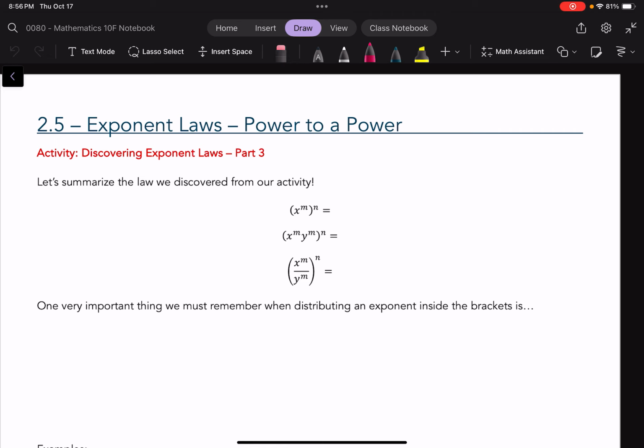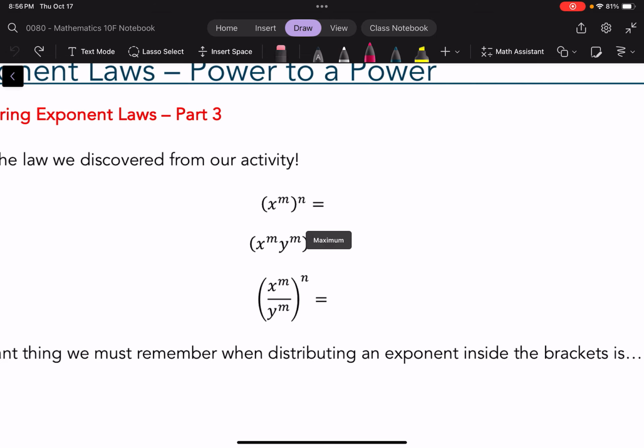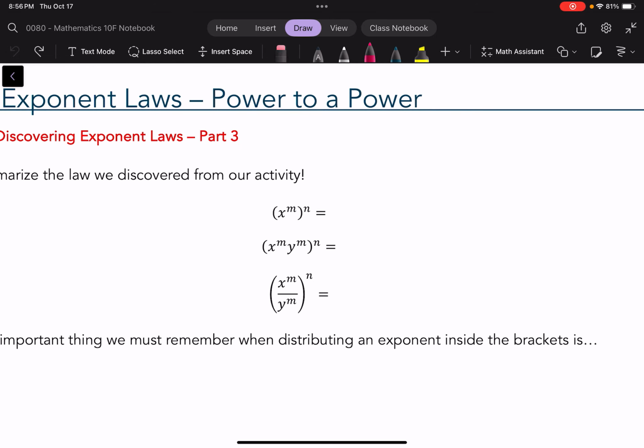base level where I had a single power that was raised to an exponent. Now, just as a little reminder, an exponent always applies to what's immediately next to it. So in this case, this outer exponent n applies to the whole bracket, which means to every single thing inside. And that's true for every single one of these examples because the exponent n is right immediately next